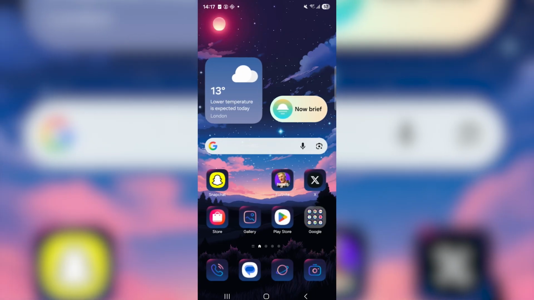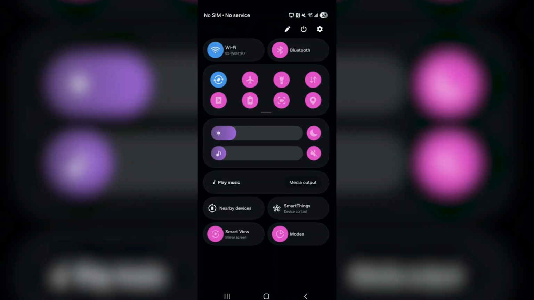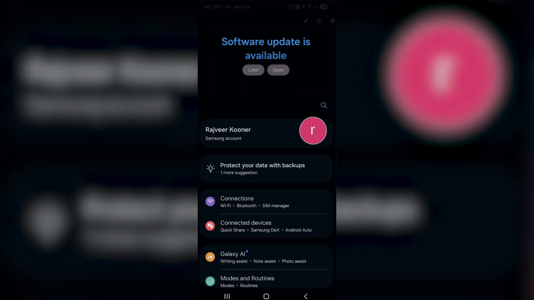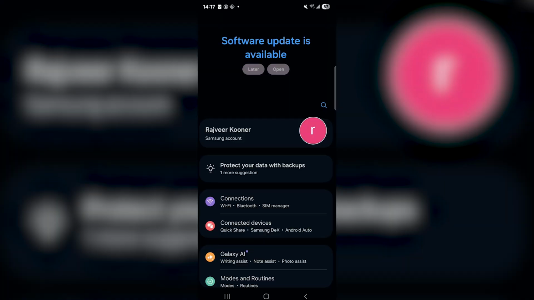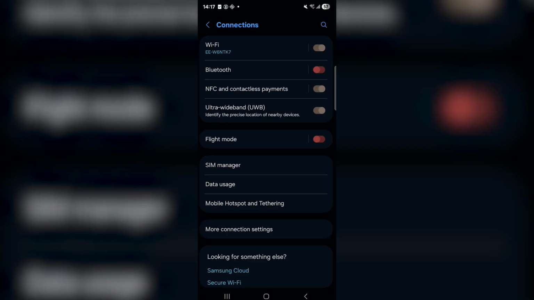Now, there's a few different things you can do. So the first one is swiping down on the top right, and that's going to show your control panel. Then on the top right again, go ahead and click on the settings wheel cog icon. Now from here, go over to network and internet or just connections, and then go ahead and find hotspot,